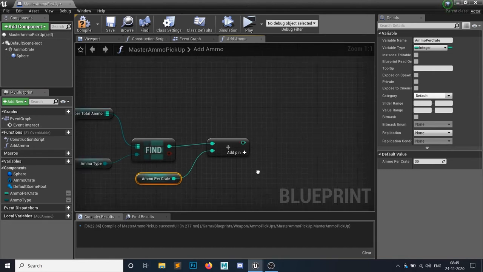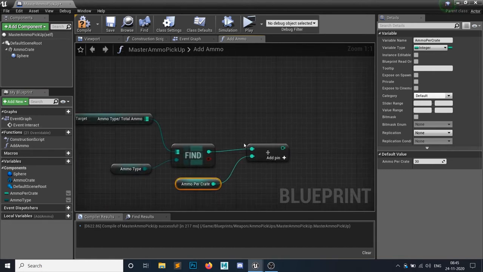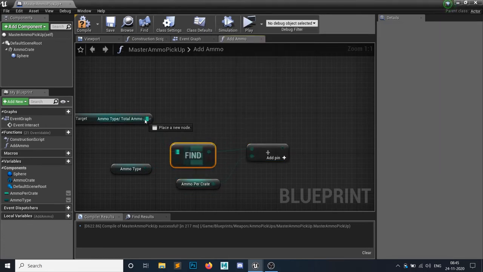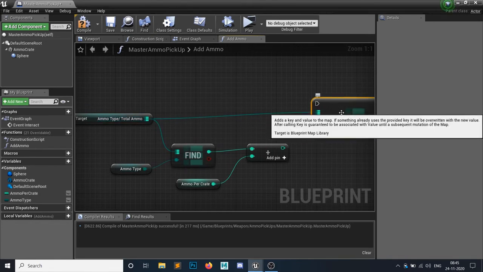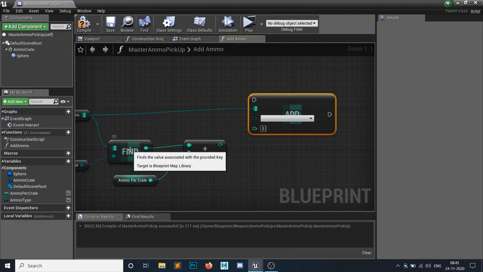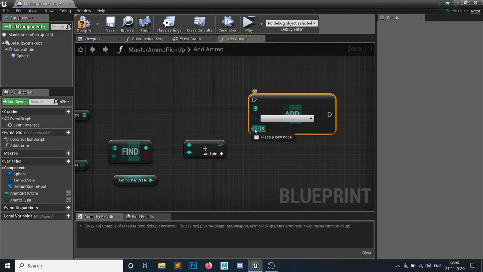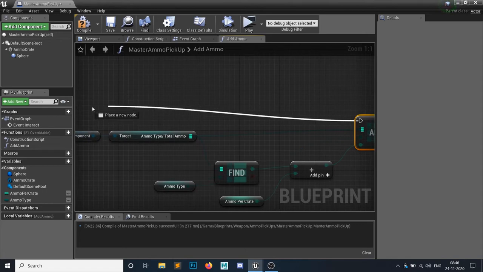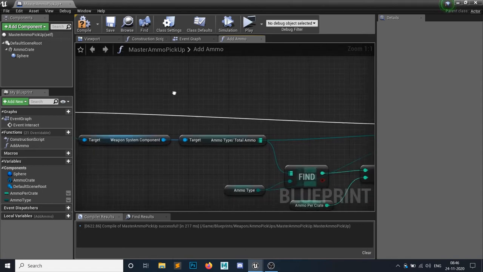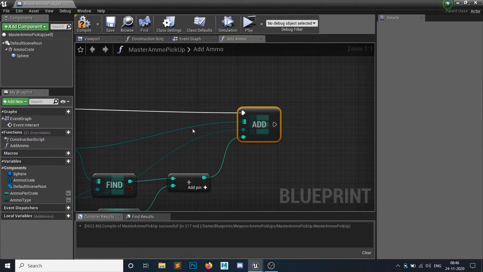After adding that, we have just set it to plus, but we have to set it in here. So grab a node from this map and hit add. What this add does is append your map values, and if you don't have any value, then it will simply add a new value. So the value is the plus, and the type would be this ammo type. This execute pin would go in here in this branch. Now we have added ammo.